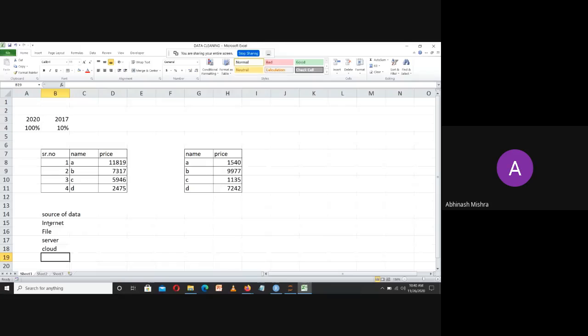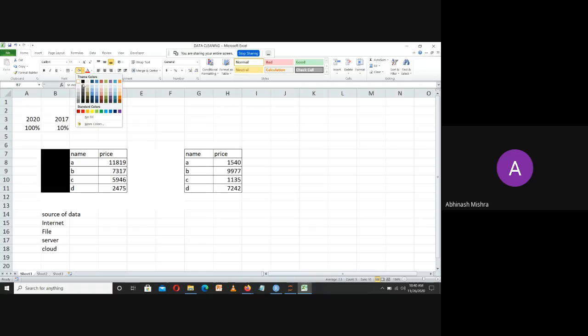In the same way, if suppose I want to perform some analysis, I can use this data to perform analysis. So let us see some sort of analysis. Because this is my main data, I cannot use this particular format of data. Why? Because there are some irrelevant sources in the data as well. This can be termed as irrelevant, and the relevant source for analysis can be this data. Now, what is the major thing? I have to transform my data into relevant data so that I can do some sort of analysis.